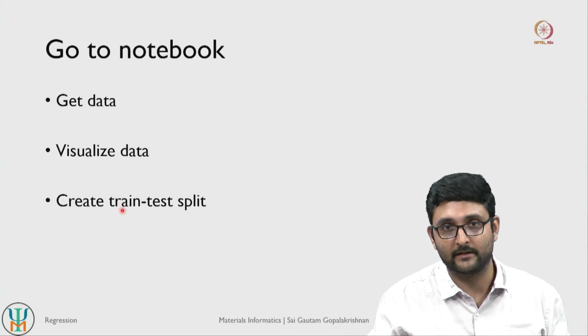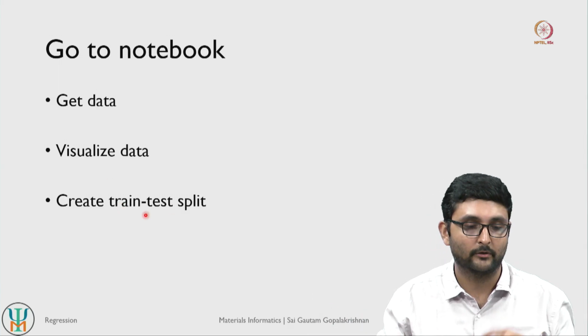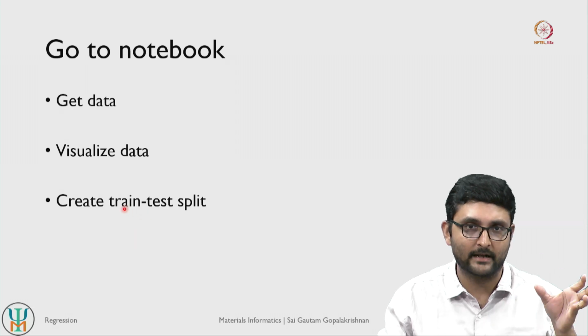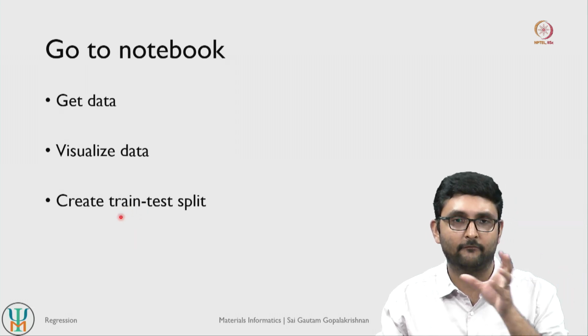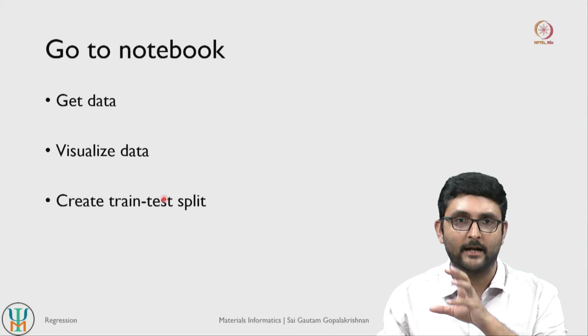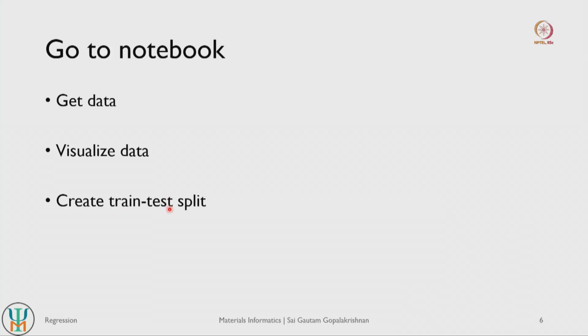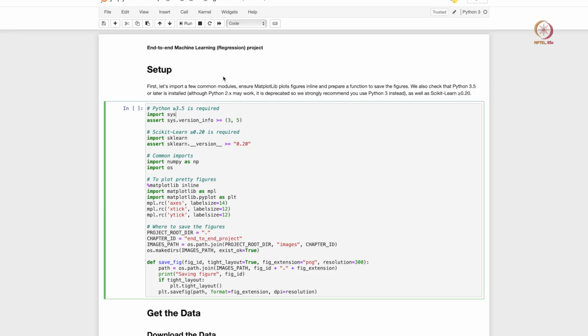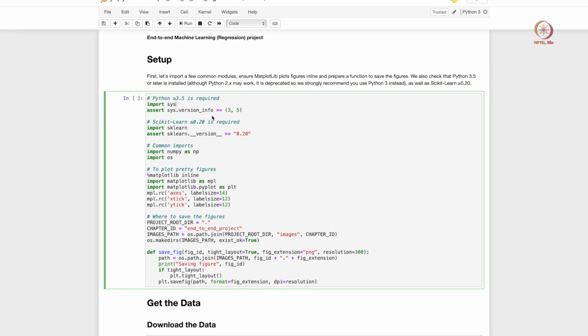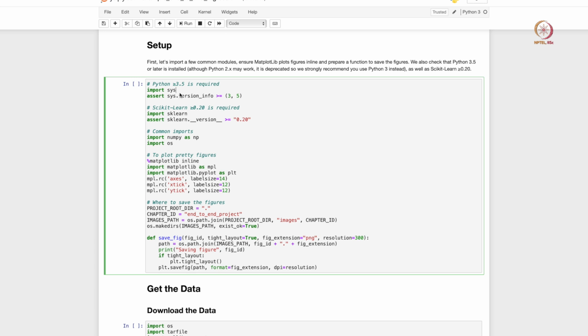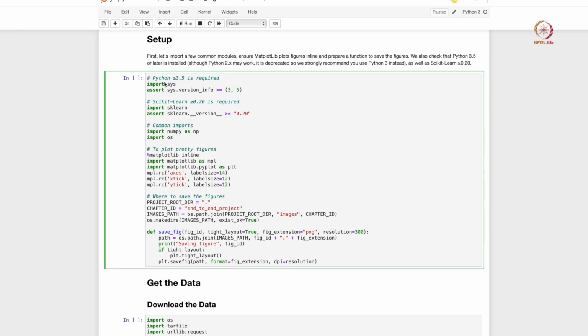So that is the importance of creating this train test split, to ensure that however we train our models, they have truly extrapolative capabilities on data points that they have not seen, right. So we will do this exercise. So let us now go to the notebook. In the first block of the notebook, basically we are looking at initializing or downloading a few important modules. So if you look at the first block itself, let me execute the first block.